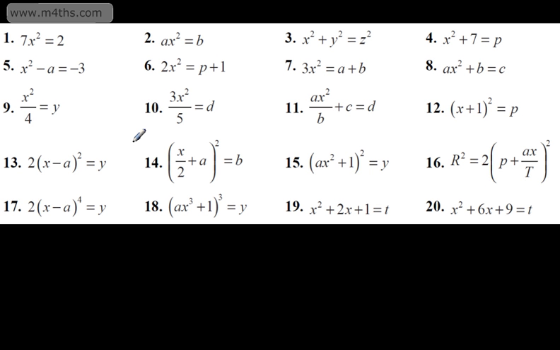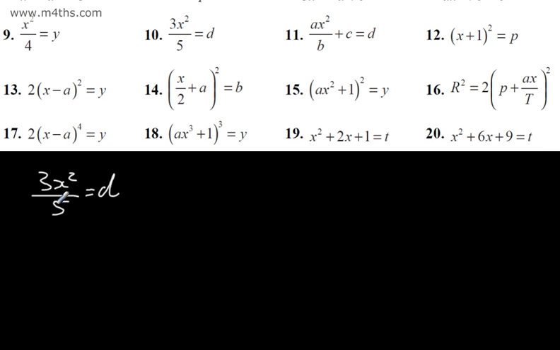Okay, so some of these look fairly straightforward. This one, divide by 2 and take the square root of both sides. Now with this one, let's just look at this one. 3x squared over 5 is equal to d. Now you might say to yourself, I'm going to now multiply both sides by 5 and divide both sides by